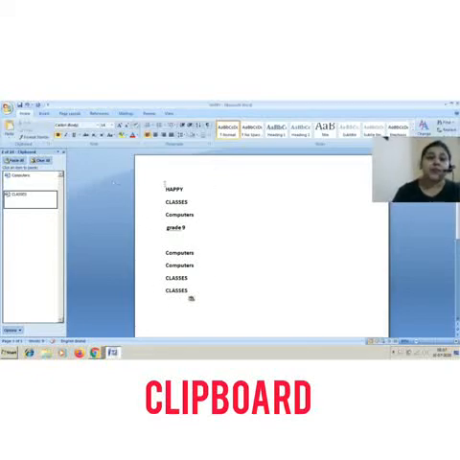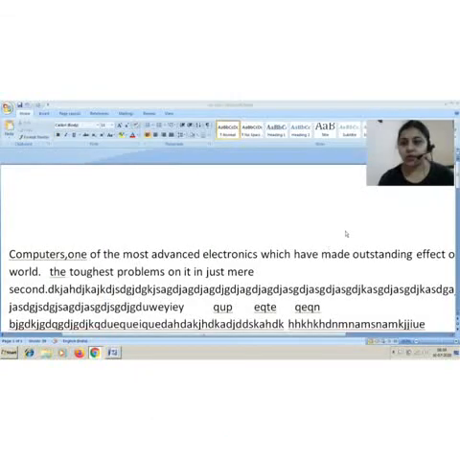So now this is what I have for you today in this chapter. So girls, today we have studied alignment, that there are four types of alignment. We have done the find and replace option, how you can delete, and the use of clipboard. In the next class, we will be doing a few more features of MS Word. Till then, keep practicing, keep studying.